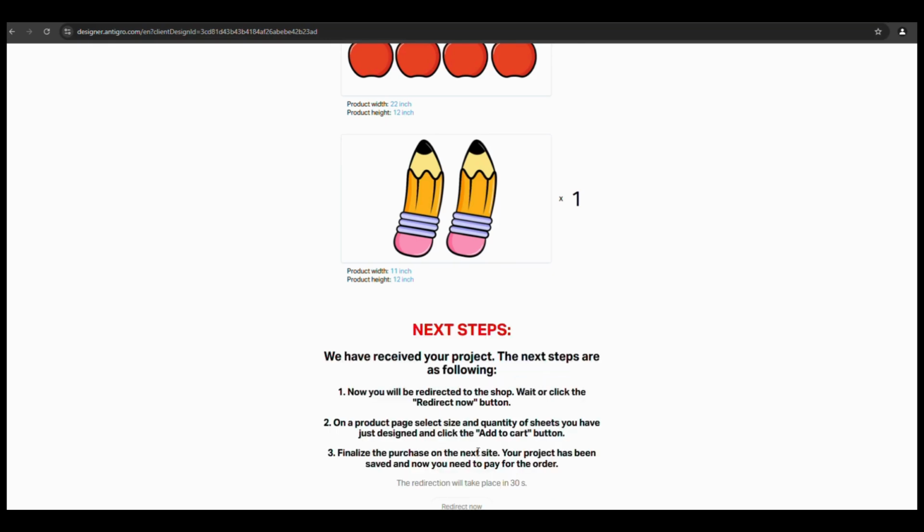The next step will be to redirect you back to the website, and then you will pay for the